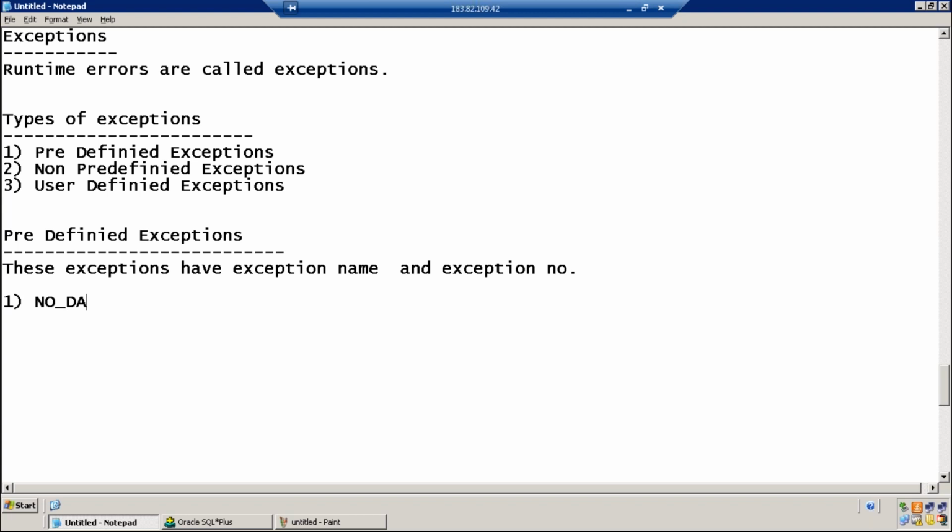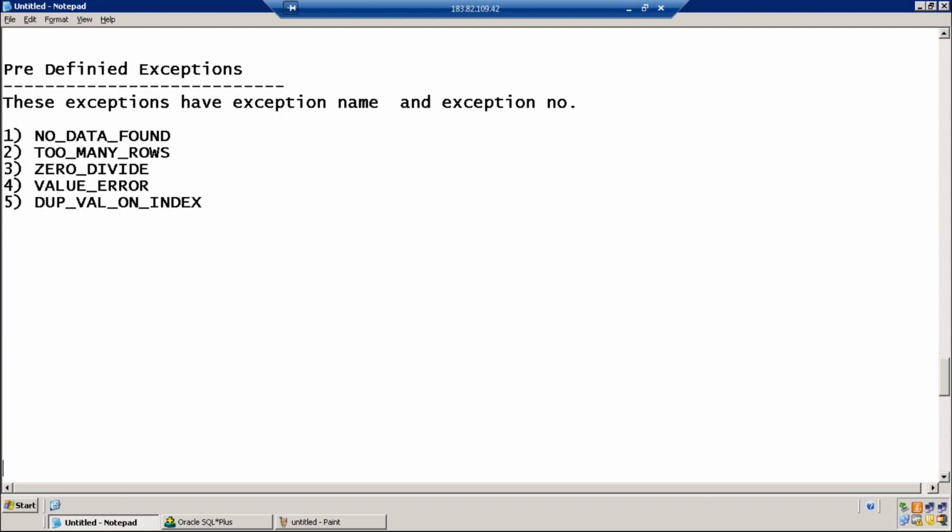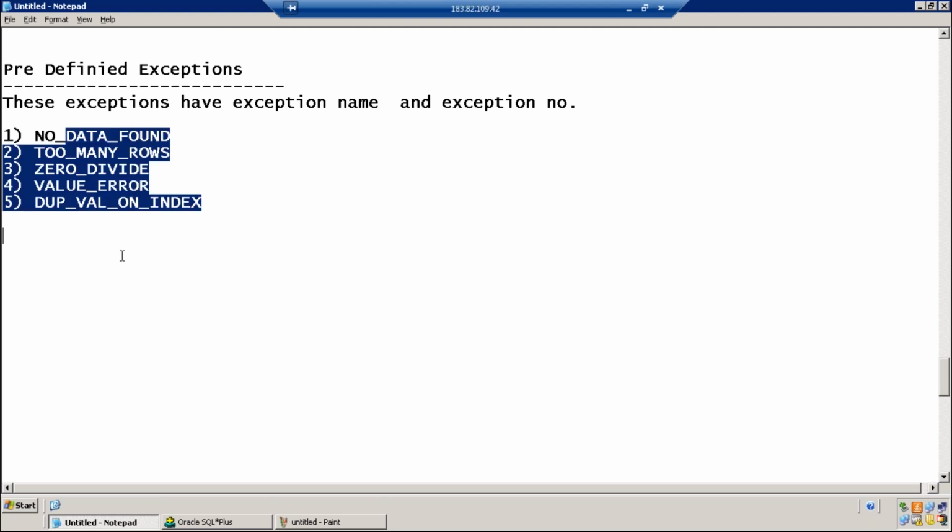We have NO_DATA_FOUND, TOO_MANY_ROWS, ZERO_DIVIDE, VALUE_ERROR, DUP_VAL_ON_INDEX. These five examples are examples of predefined exceptions.